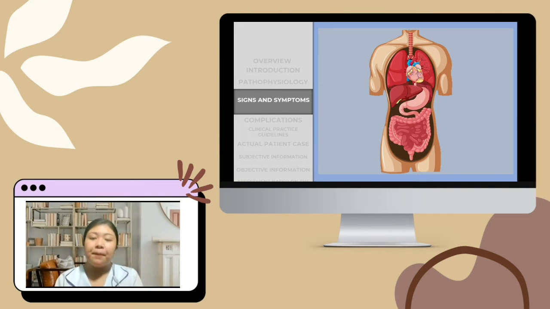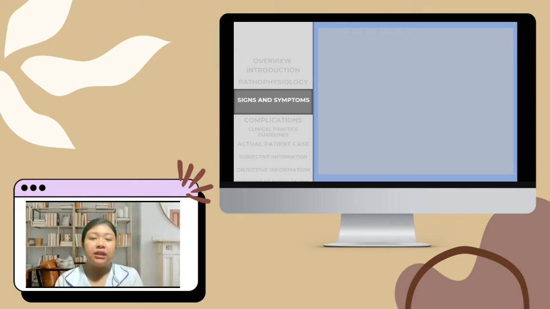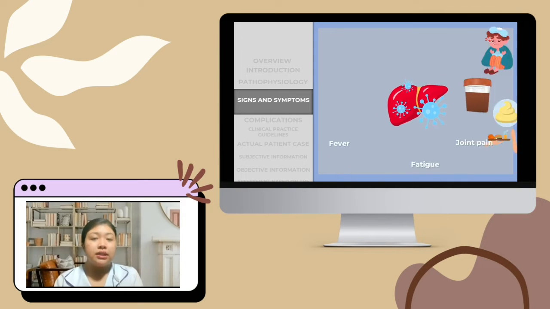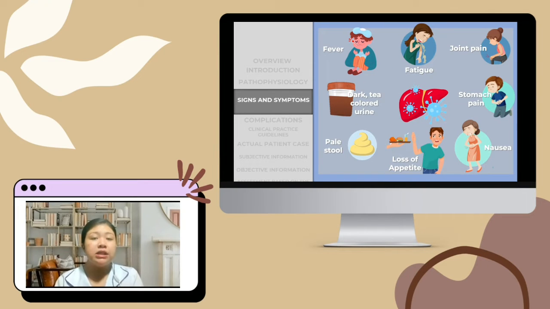So bale, this hepatitis B virus is a virus na pwedeng mag-cause ng hepatitis B, which is isang vaccine-preventable liver infection. Also, it is a hepadnavirus, which is highly resistant to extreme temperature and humidity that invades the hepatocytes. Once na yung liver natin is na-infect na ng hepatitis B virus, it could lead to hepatitis B. So, once na nagkaroon ng isang tao ng hepatitis B, the possible signs and symptoms are fever, fatigue,